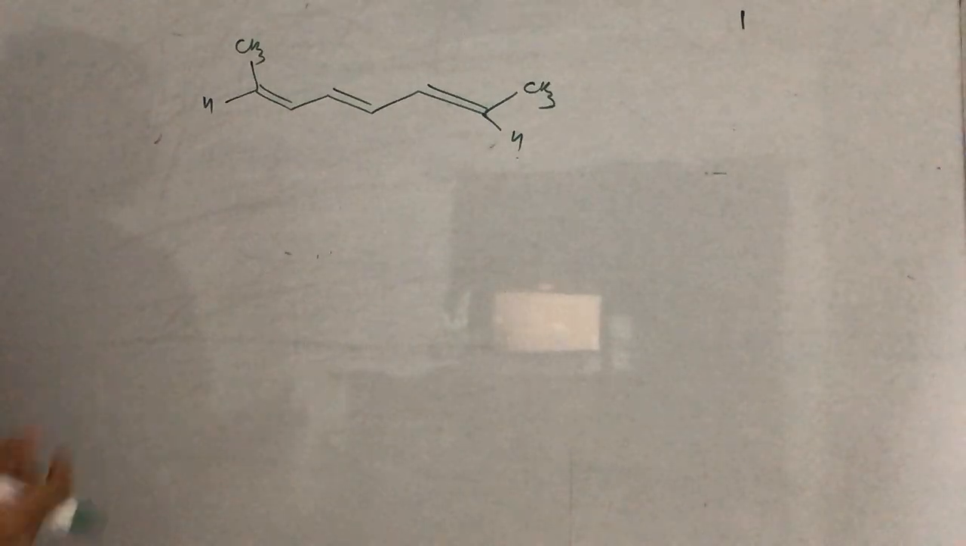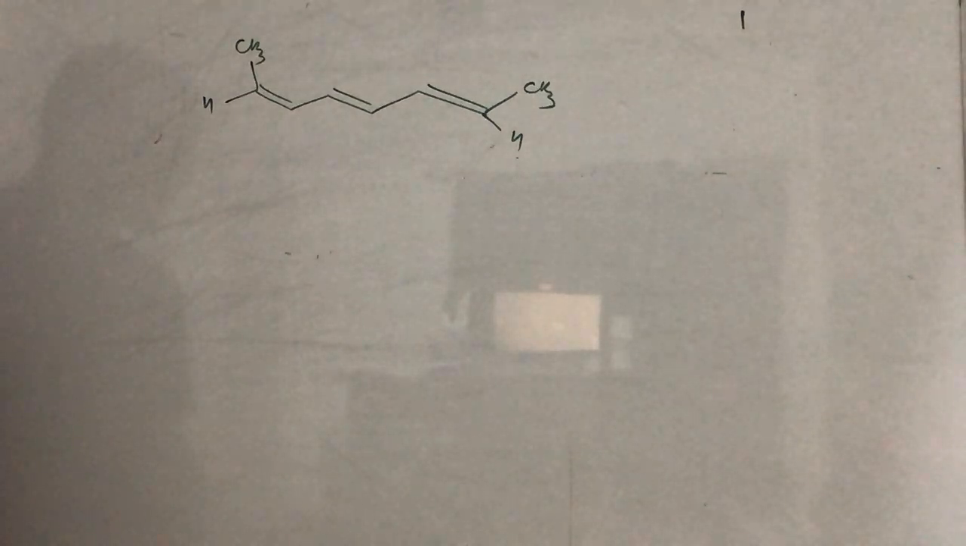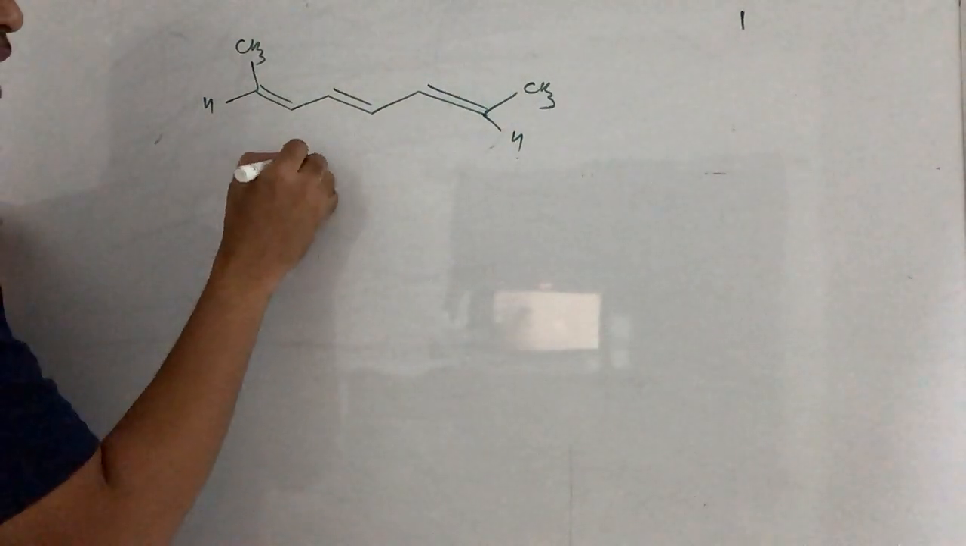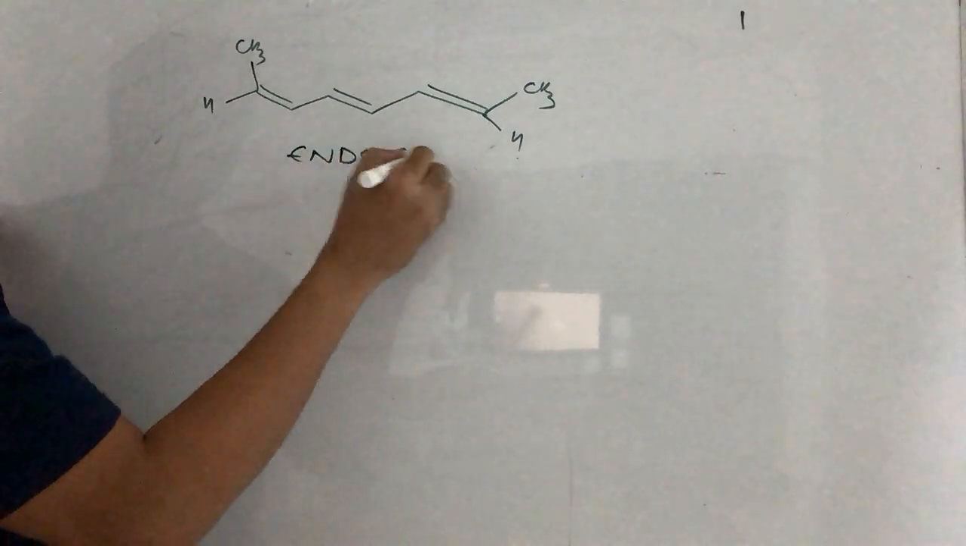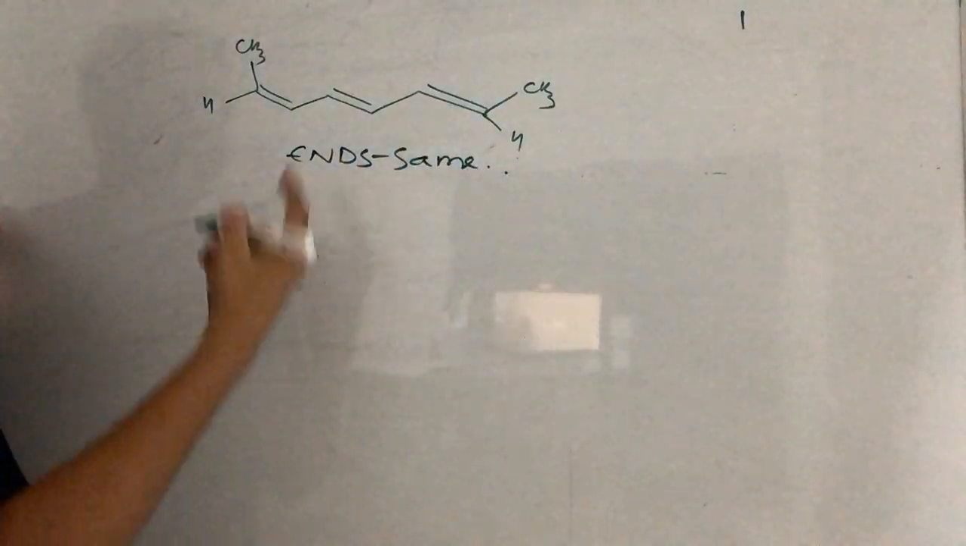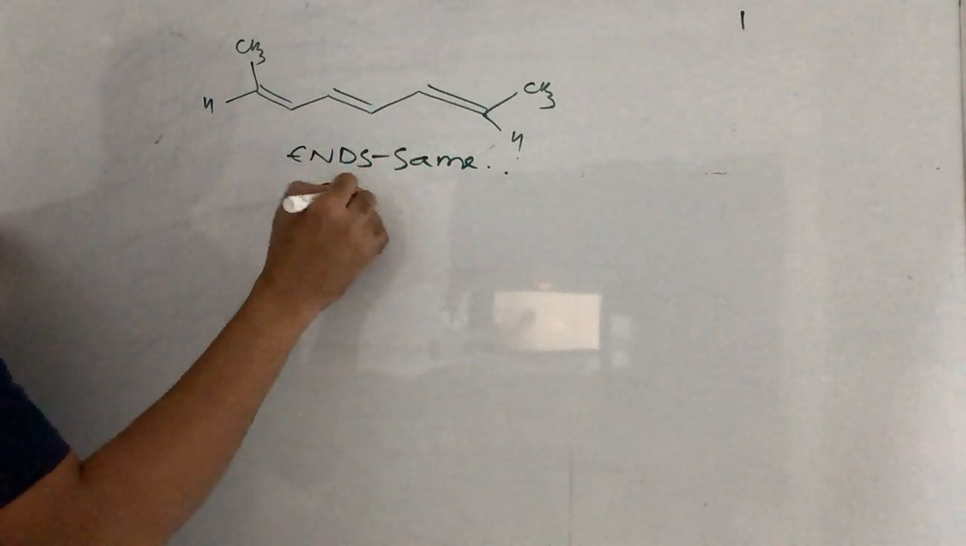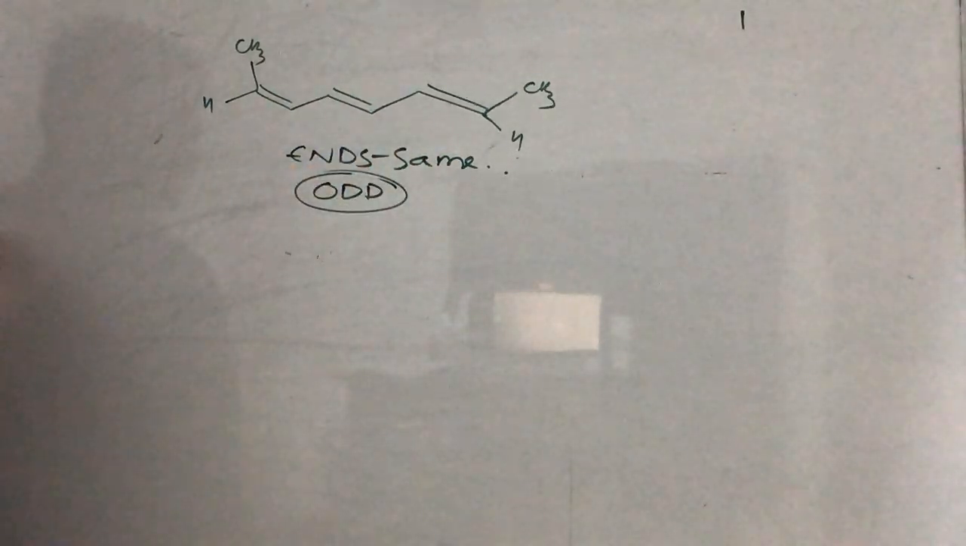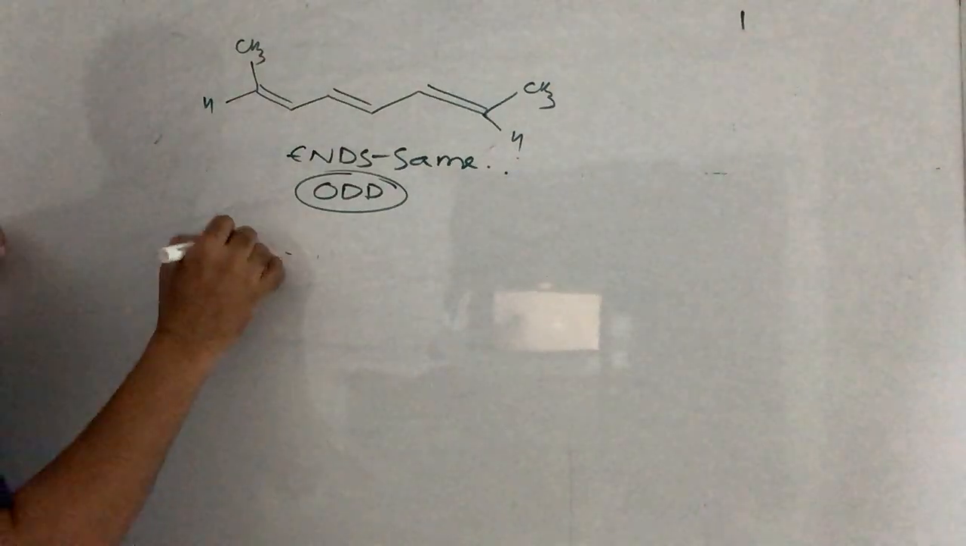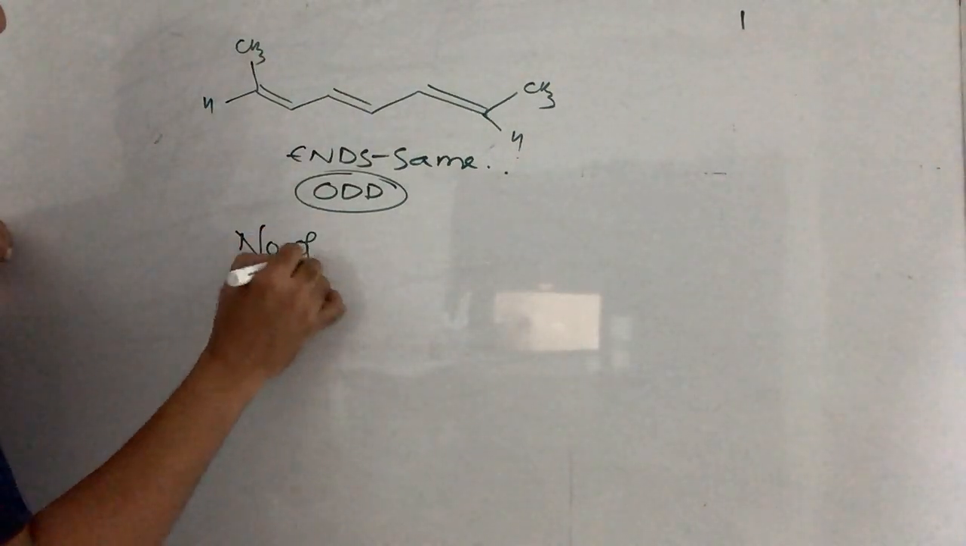Now we are only counting how many cis trans isomers are possible. When ends are same, then count the number of double bonds. How many double bonds are there? 1, 2, 3. That is odd number of double bonds. If number of double bonds is odd, then number of geometrical isomers is equal to